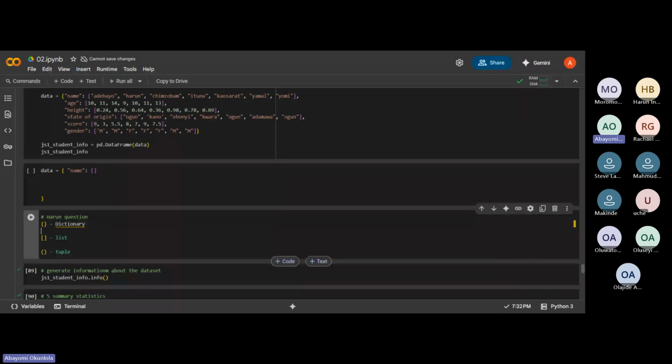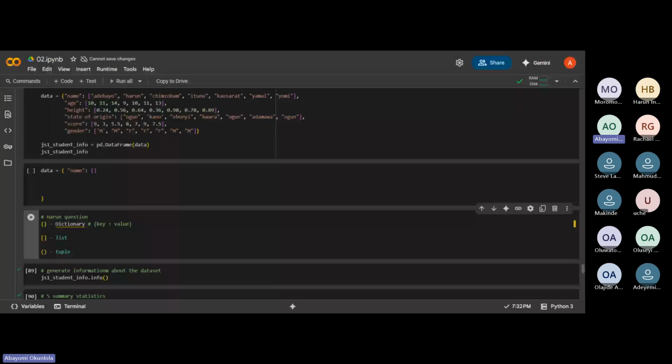All right. So for a dictionary now, that contains what? Keys and values, right? We can always check through our earlier classes. This contains a key and a value. So for the key, the value can now be in form of a list. So that is what we are trying to create here. We want to create a dictionary that holds the key, here would be the name, and then the value will now be what we have on the list. Then for your list now, that one is just a list of items.